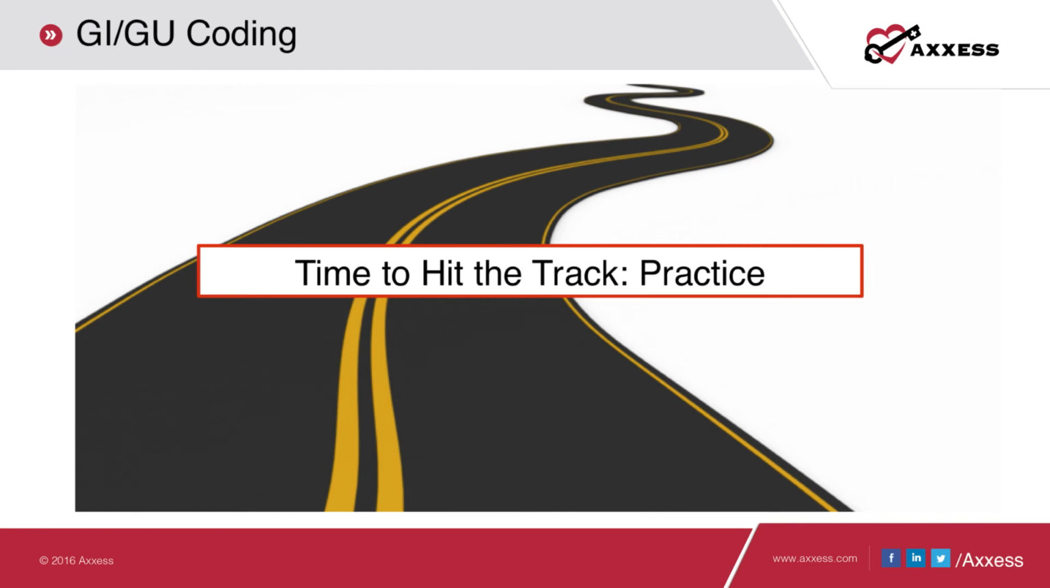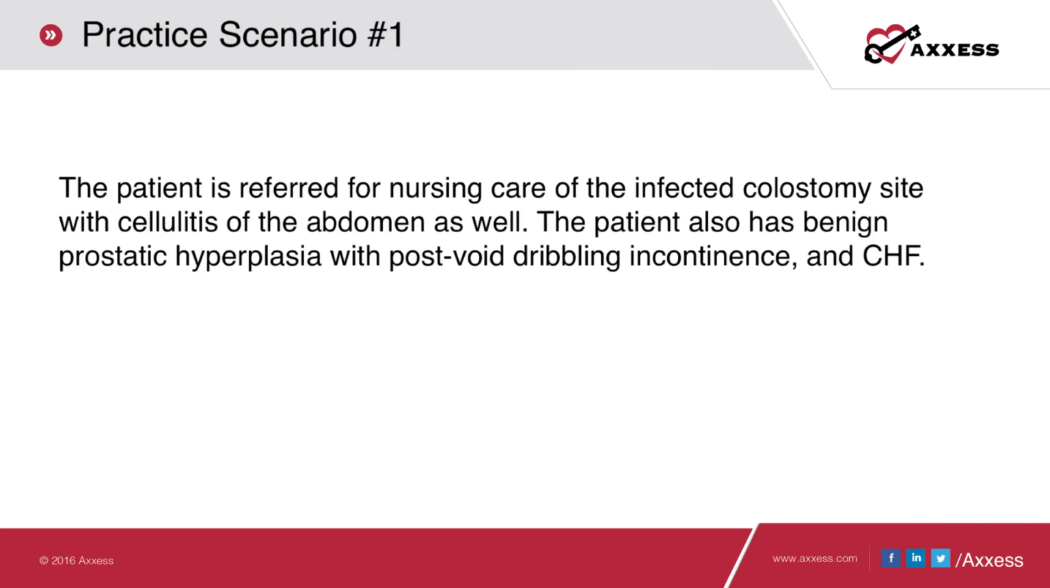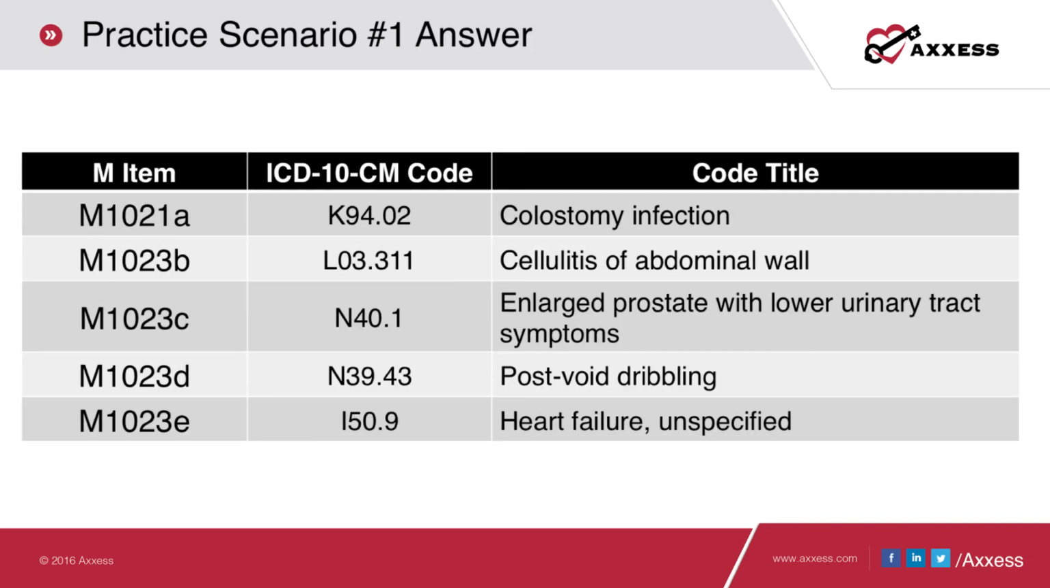All right, time to hit the track and practice what we've learned. For practice number 1, your patient is referred for nursing care of the infected colostomy site with cellulitis of the abdomen as well. The patient also has benign prostatic hyperplasia with post-void dribbling incontinence and CHF. In this case, the colostomy infection